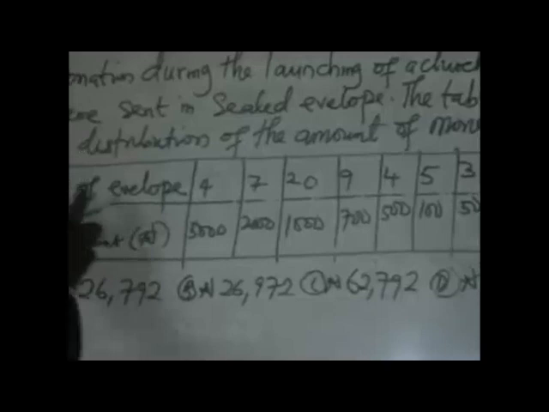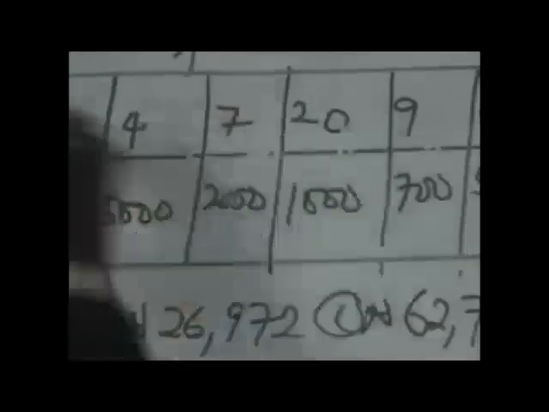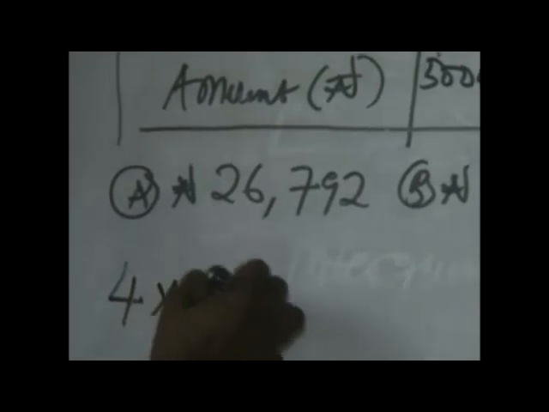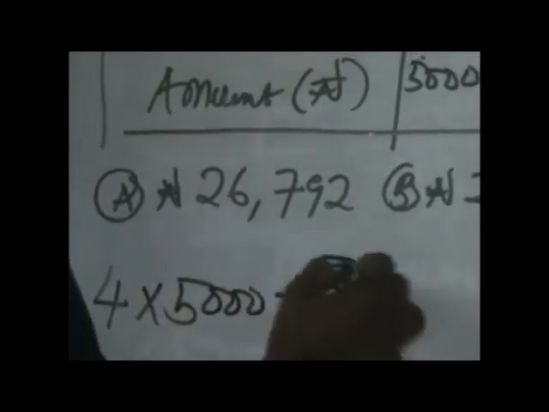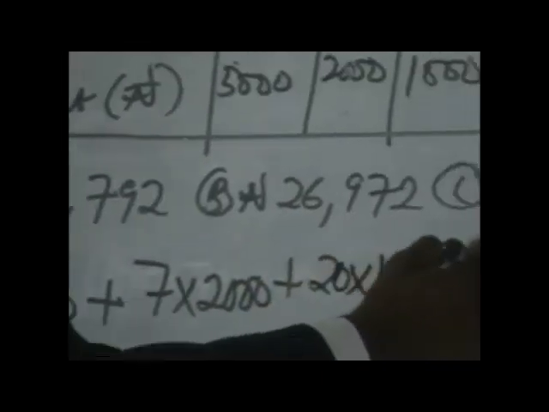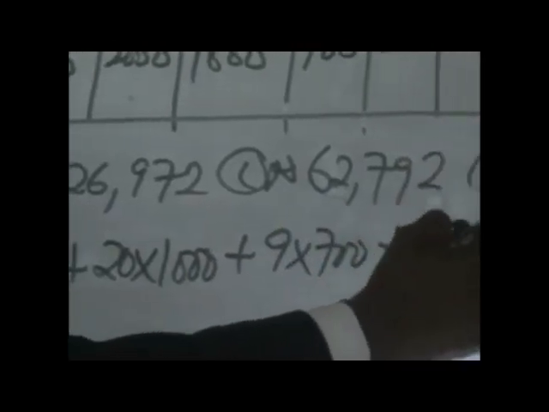Now, for you to know, if there are 4 envelopes and the amount of money in each of those envelopes is 5,000, how much will be in these 4 envelopes? Okay, so I think it should be 4 times 5,000 naira. So what to do? You use this to multiply this, plus this, then we're able to know the total amount that was given during the launching. Okay, so let us go. We do 4 times 5,000 plus 7 times 2,000 plus 20 times 1,000 plus 9 times 700 plus 4 times